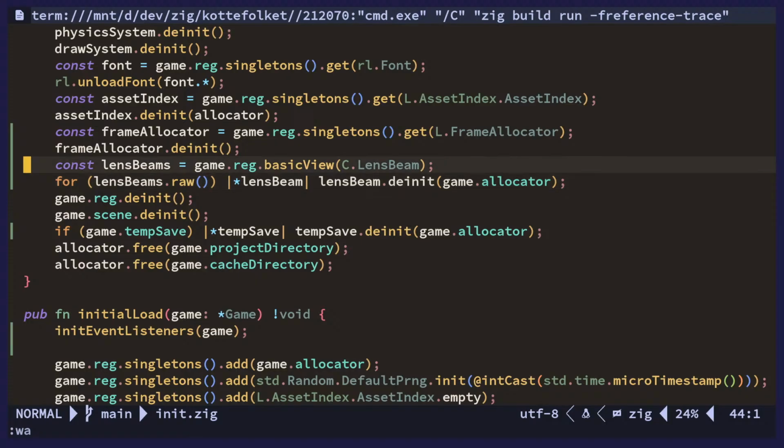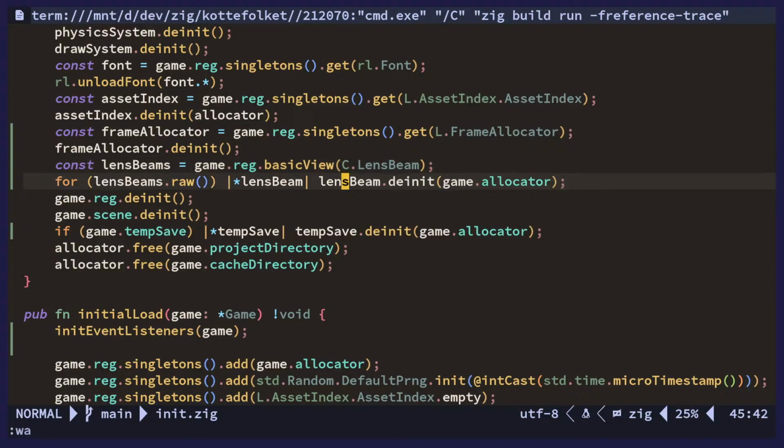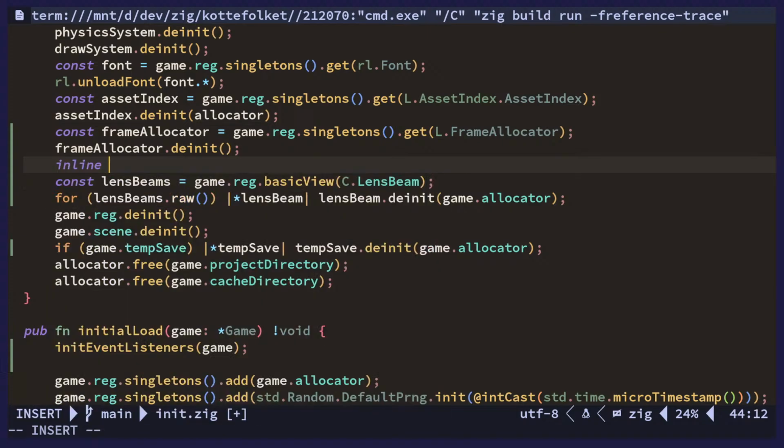we could automate this. If we really care, we could loop through all of the fields in this, because that's all the components. And then we can check, is there an initialize function? Okay, then we call it. So you could do that technically. Well, I guess it's not really that